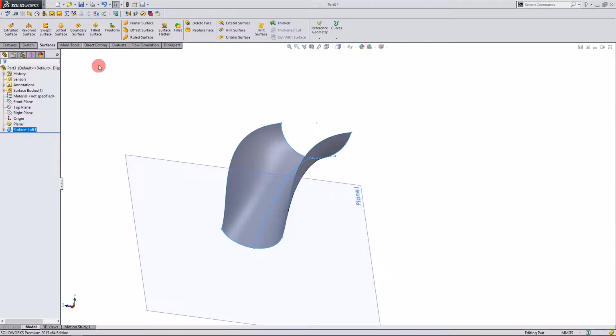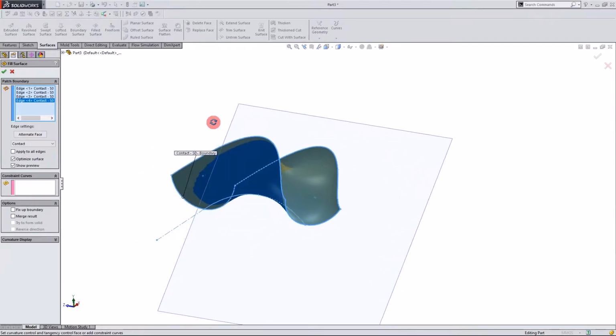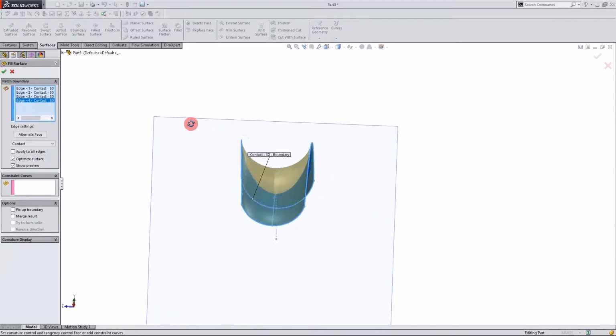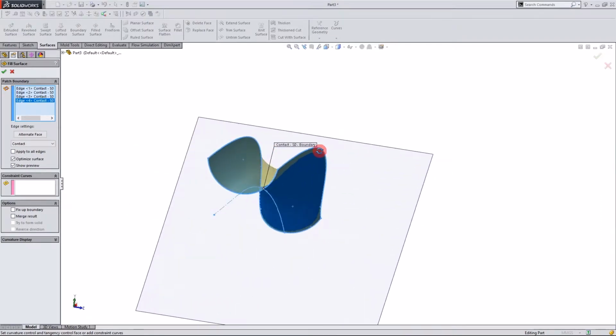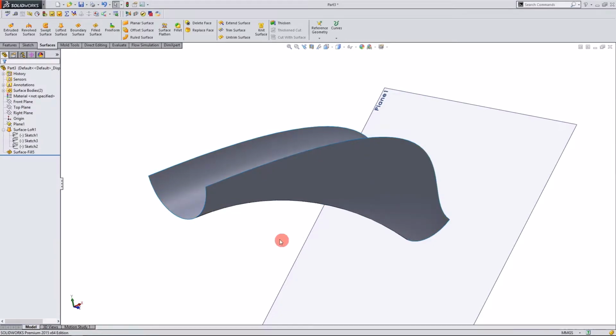So I can come up here to filled surface, and I can select this end, this top end, this other top end, and the first profile. And you're going to see that SolidWorks generates a surface based on the inputs I gave it. From here, I'm going to exit the filled surface,